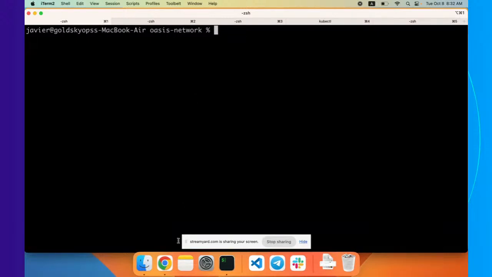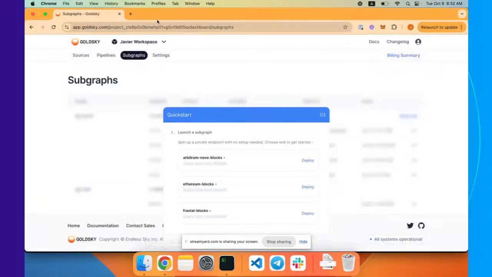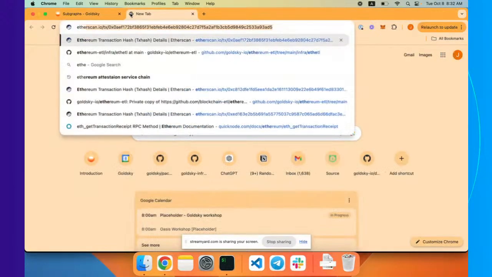What I want to do first is deploy a subgraph on the Ethereum network. Then we're going to modify that subgraph to deploy it onto the Sapphire network. The reason we do this first is because The Graph doesn't index the Sapphire network yet. So we have to just do a normal deployment with Ethereum, and then we'll edit it and deploy onto the right network later. To do that first, I want to go into Etherscan,